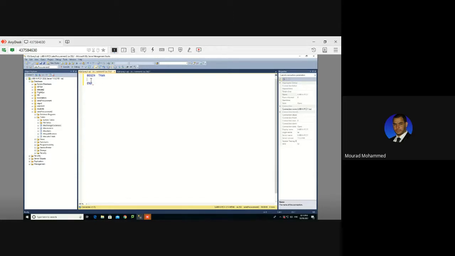Here I'm going to say insert into, let's say, invoices, values, in between parentheses, our values. Okay, what are the values here? The invoices has